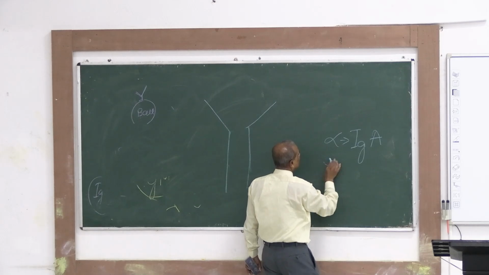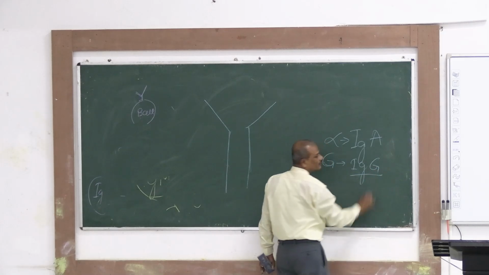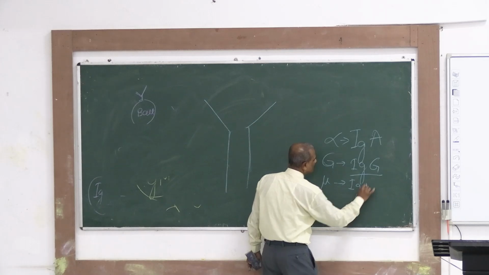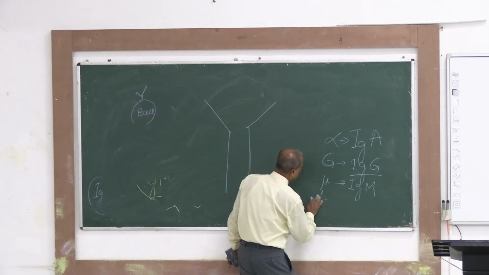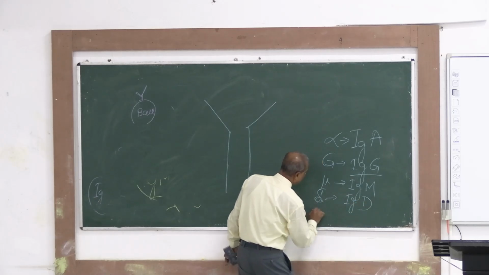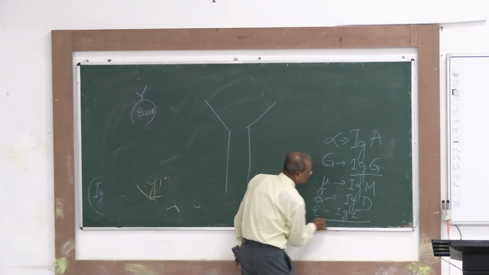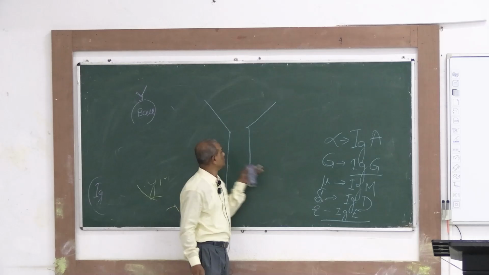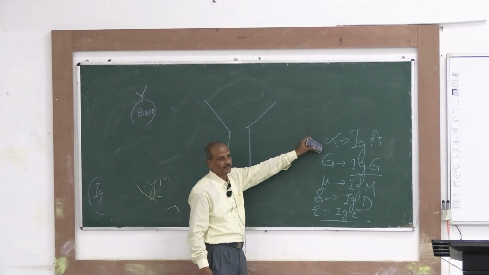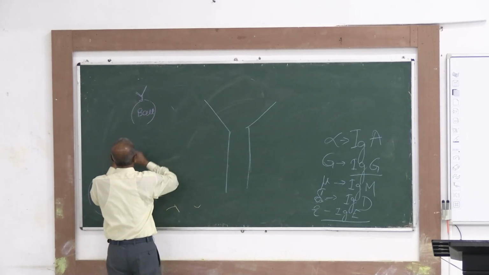Gamma means IgG. Mu means IgM. Delta means IgD, and epsilon means IgE. Okay. So these chains are named as per the gene. So if it is an alpha, then the 5 types of immunoglobulin are there: IgA,